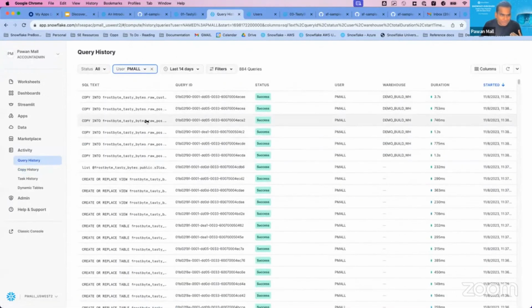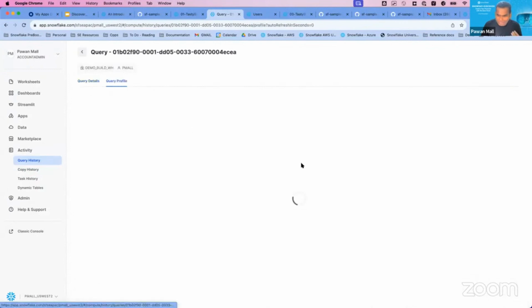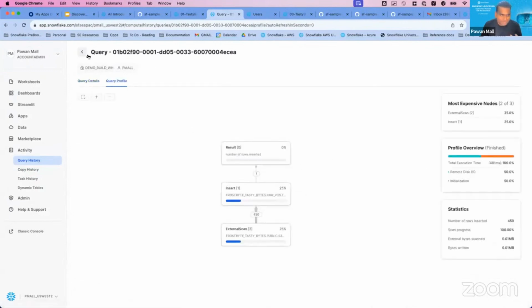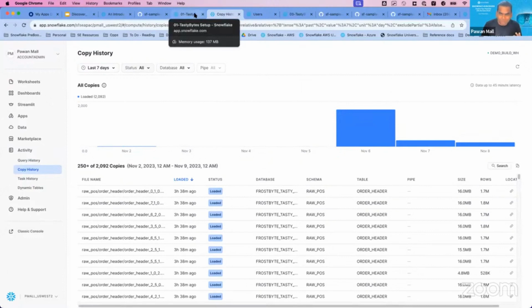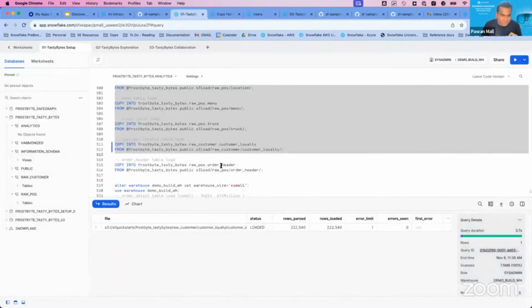You can click here and see the details, what exactly happened, and how much data was loaded. Similarly, in the copy history, you can see if the data is being copied over from object storage, what the size of the data is, whether the load was successful or not, and how many rows there are. All those details are present in this user interface, so you don't have to struggle for this information. It's available at your fingertips.